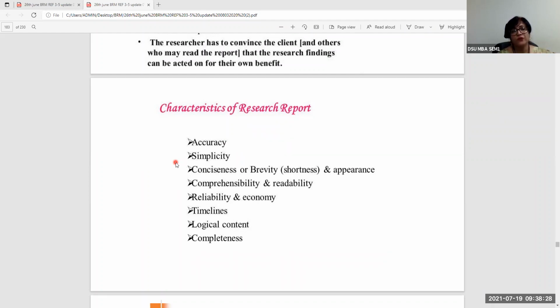Which means if you have done exploratory and conclusive research, does it really flow from that? How reliable is the data that you have collected? What are the Cronbach alpha scores? What are the validity aspects? What is the kind of input that you're giving to the business community or to the company based on your data analysis and interpretation? So the last part of the report is actually very critical,